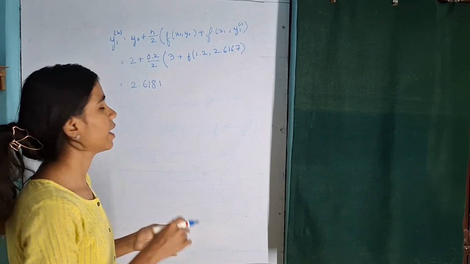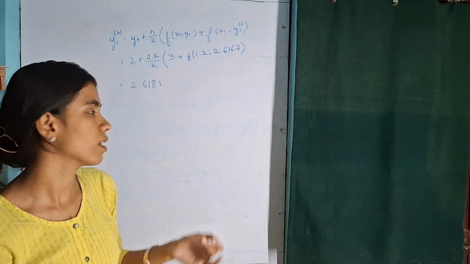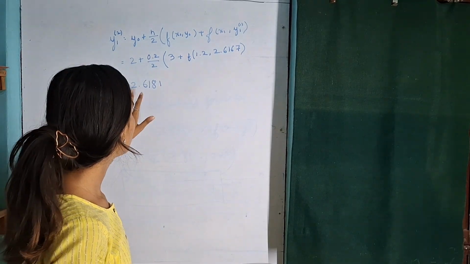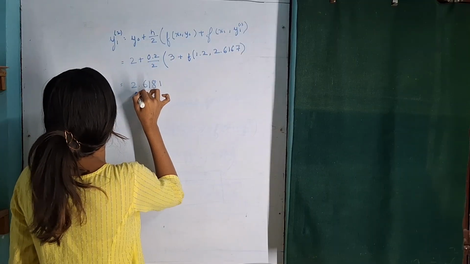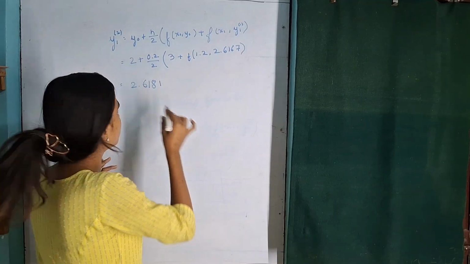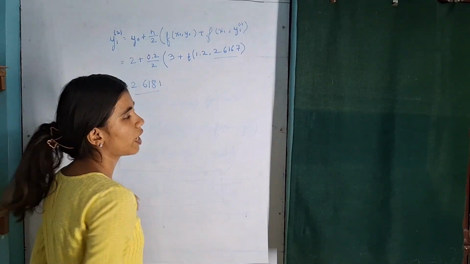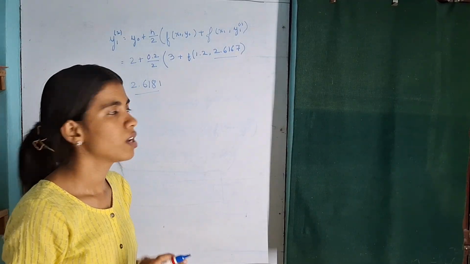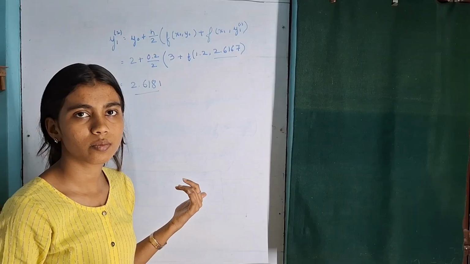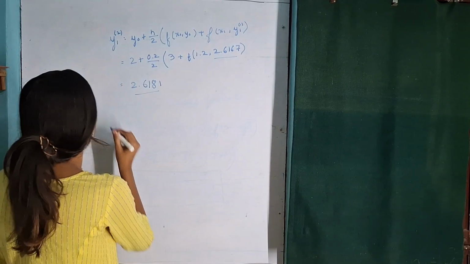Like till where? y13, y14, till where? To answer this question, you are going to solve it until your y12 and y11 are similar. If these are similar, then I will stop the calculation right there. But do you think they are similar? They are not. So I am going to calculate